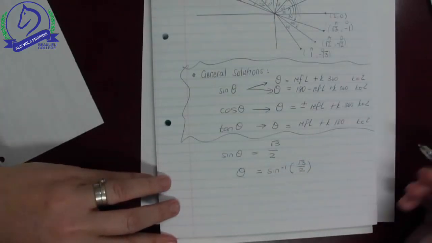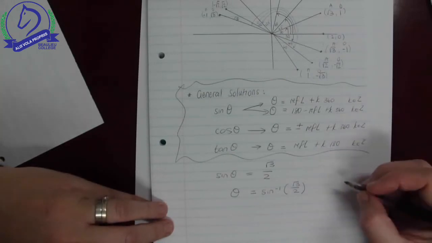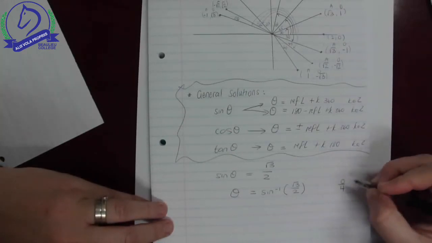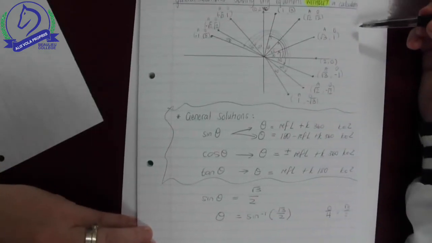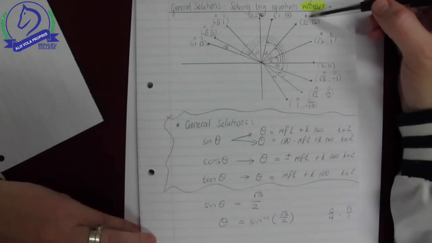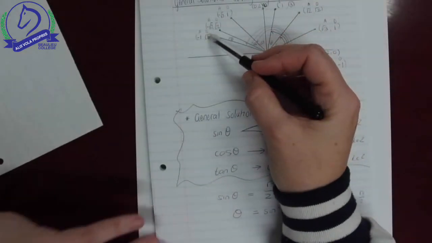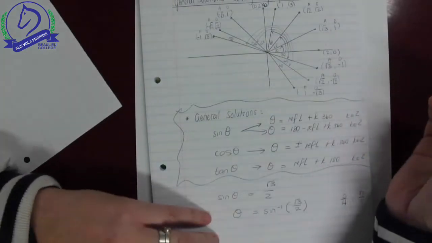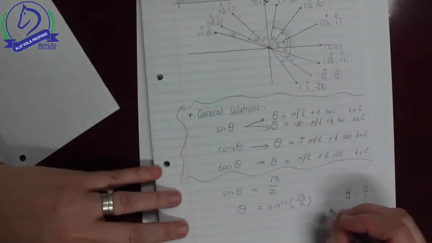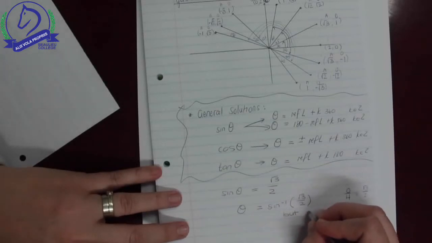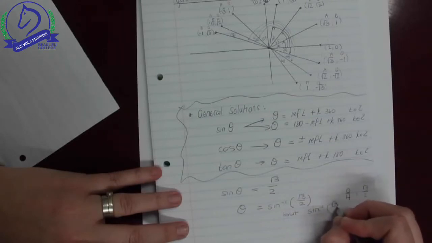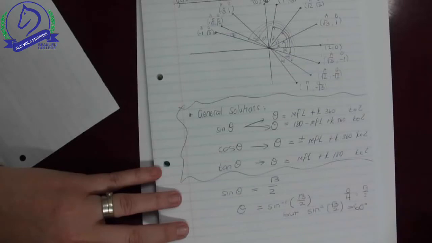Okay, but where do I find O over h that equals square root 3 over 2? So I need to go look at my Cartesian plane and find my O value. There, it's sine of 60. Okay, if I go on, I also find it where? Okay, we'll look at that just now. So, I know, but